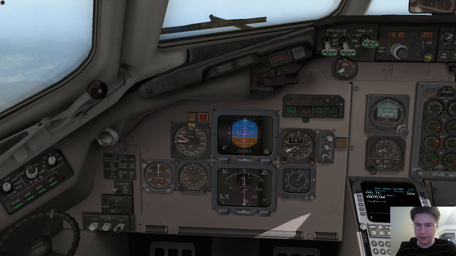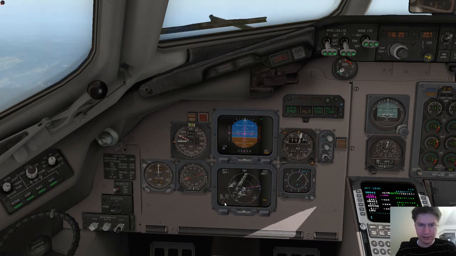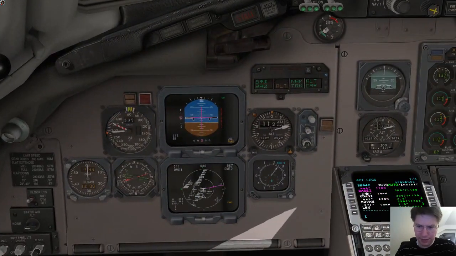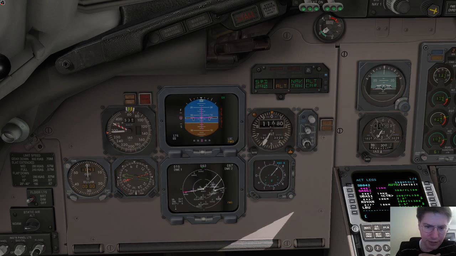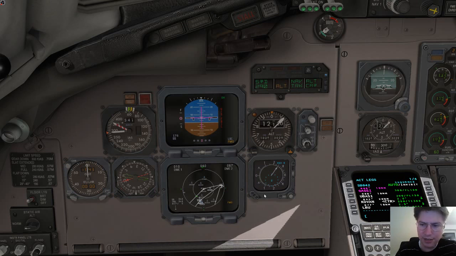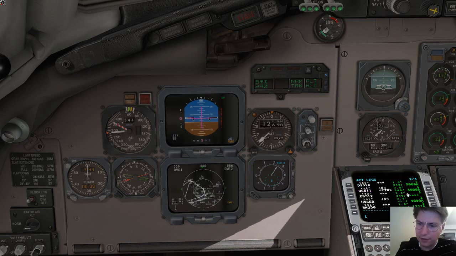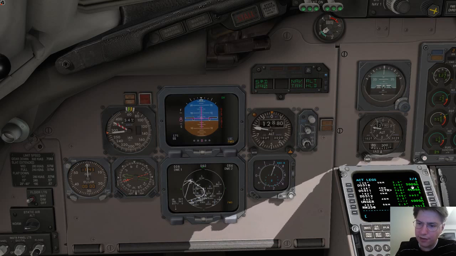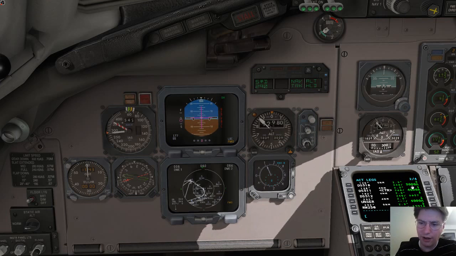And if we zoom out a little bit also on the navigational display, you will see that if you go to plan mode here, we can step through the legs, and you can see here on the navigational display that at some point we have, oh, here it is, this little green donut that tells us we should start our descent here, and that is of course based on crossing altitudes here, and the idea is to be at 5,000 feet here. I'm going to change that into a hard restriction because otherwise